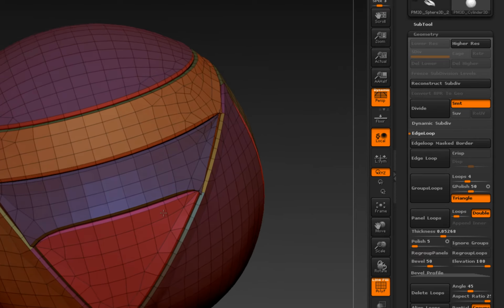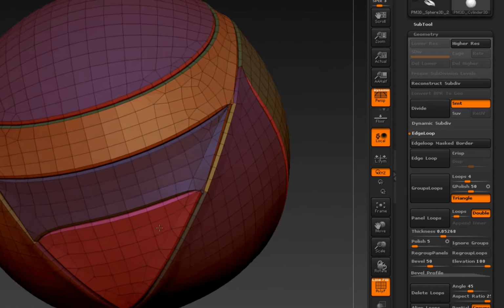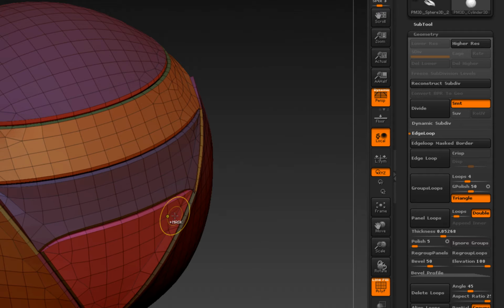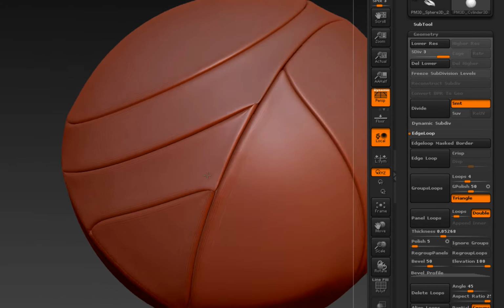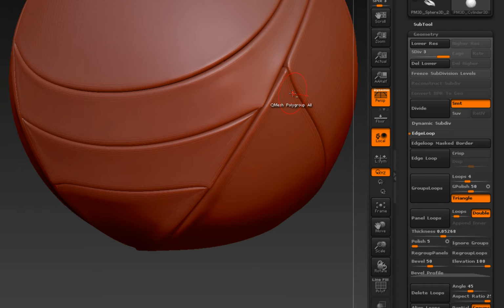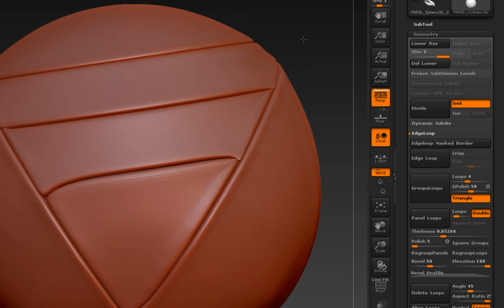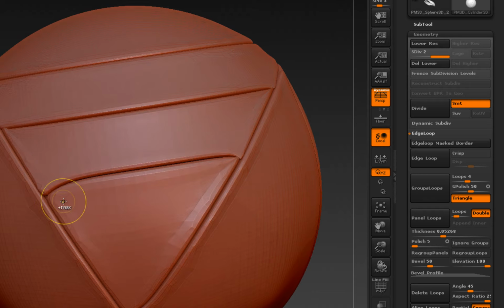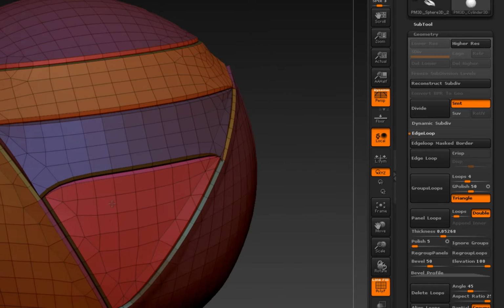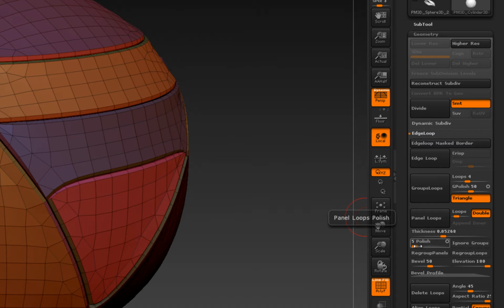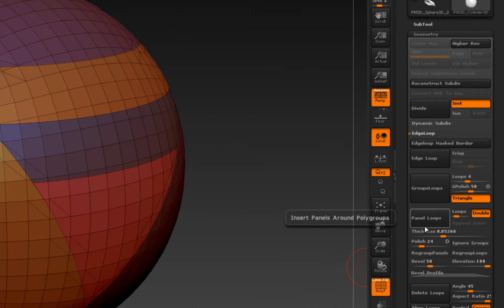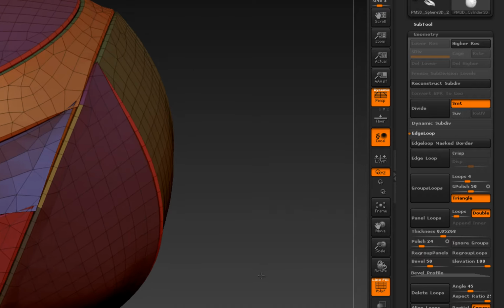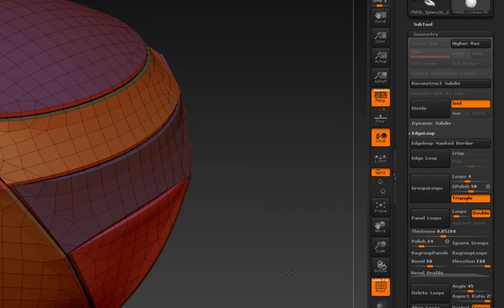Now panel loops at the moment, this one's got a bit of a polish on there, and it smooths it out, and it does a reasonable job, but it's not what we're after. This is looking almost like a leather-stitched basketball. It's certainly not the smooth, hard panel lines that we are looking for. So maybe we can look at how it works if we polish out a bit more. Maybe it will get rid of some of this beveling, but as you can see, it's just making the shape